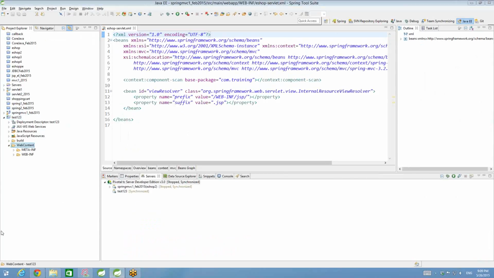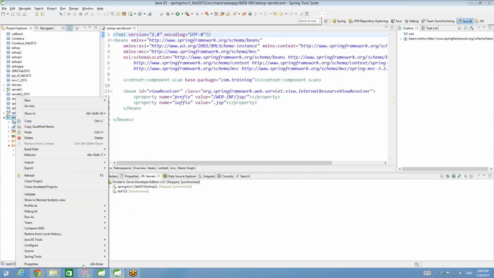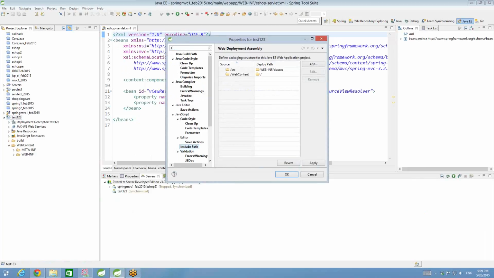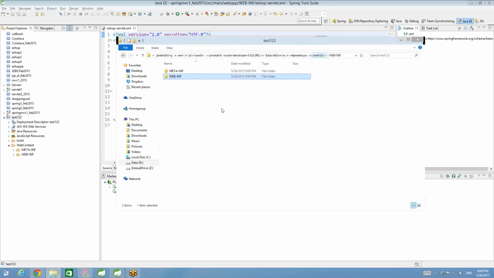Who is doing the magic? When I put it in WebContent, how is it coming here? That is actually handled by Eclipse, something called deployment assembly. Now look at the deployment assembly of just a small dynamic web project that I just created. See here, slash WebContent, everything in slash WebContent, please put it into slash. Slash means the